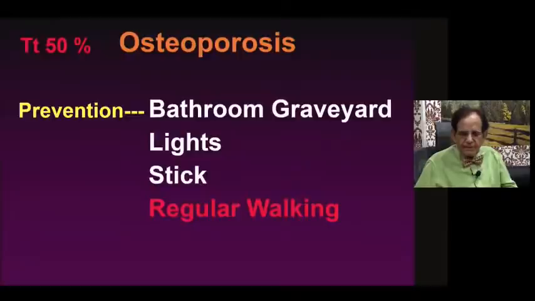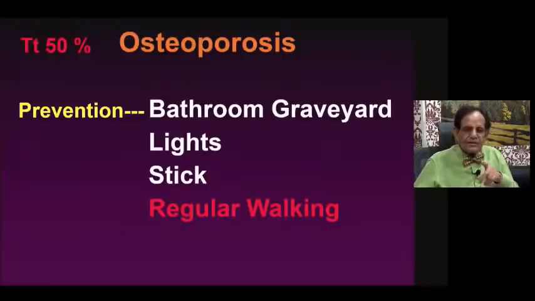Remember that. Has the bathroom got enough light? There should be more lights in the bathroom. There should be more lights in the whole house of an elderly person of 70, 80, 90 years old. Because if there is no light, you will not see the water and you are going to slip. And you can explain to the patient,